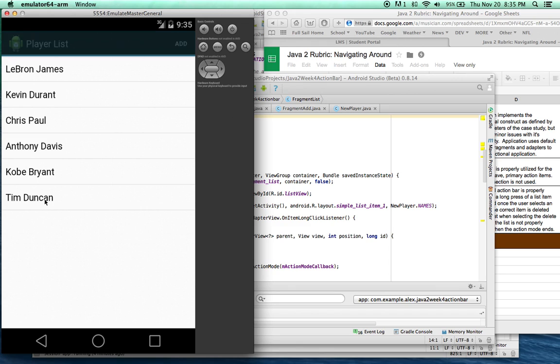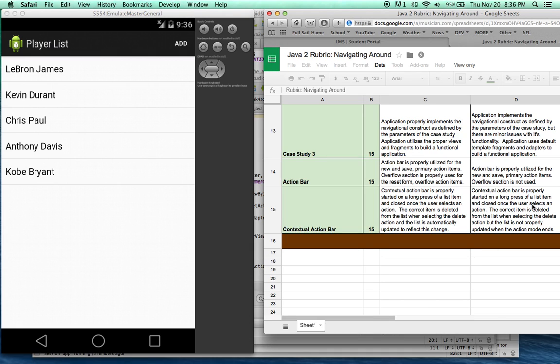And we can also long click it. And this is where the contextual action bar comes into play. So I long clicked it, this popped up, it says delete. If I click that, it deletes it. It says player deleted. Then one other thing that we were supposed to do for the mastery